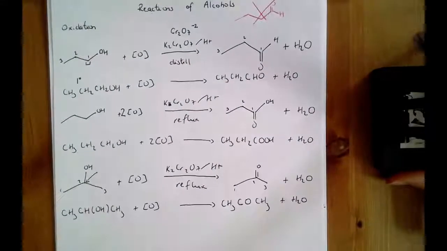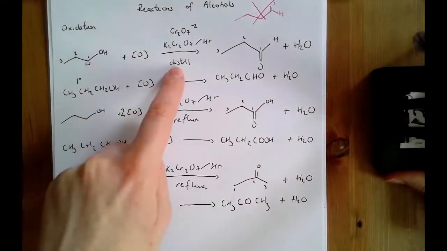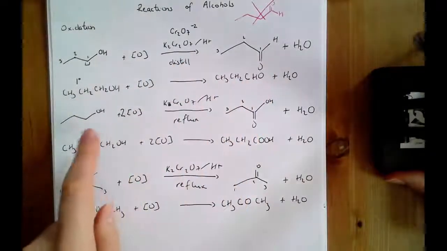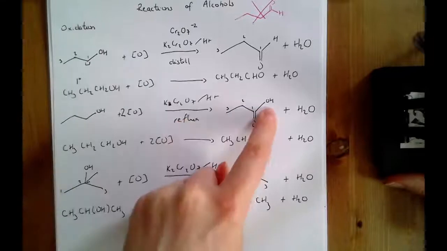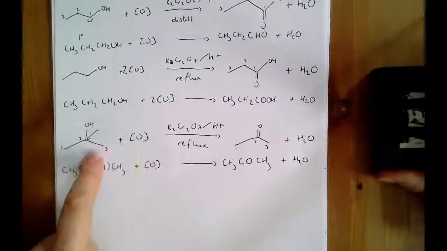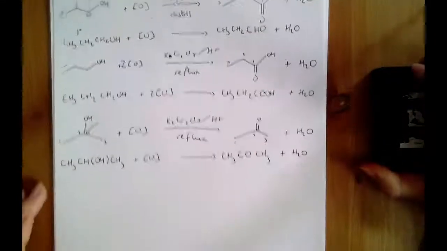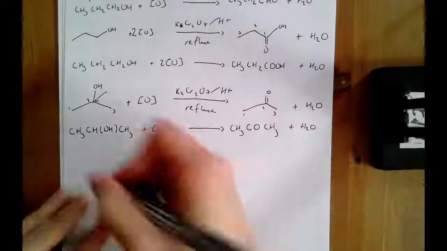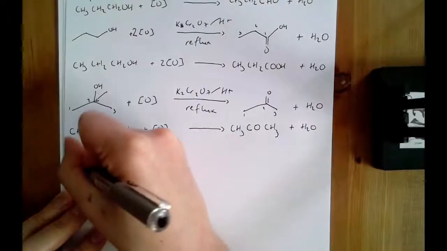You need to know the functional group changes. So primary with distillation goes to aldehyde. Primary with reflux goes to carboxylic acid. Secondary is always reflux, and it's a ketone. If you had a tertiary alcohol, which would look something like this,